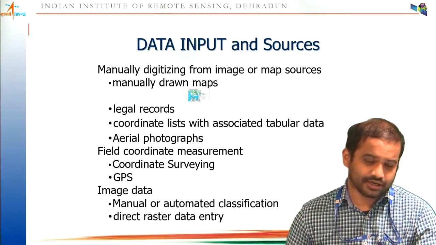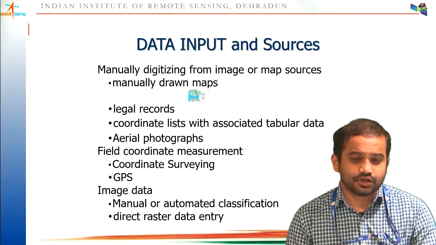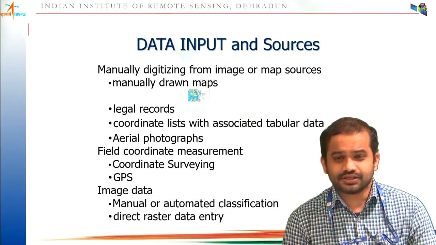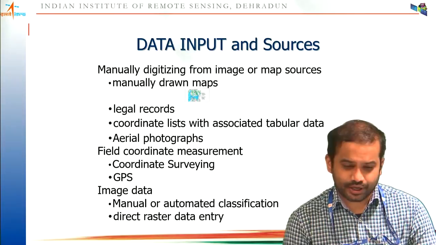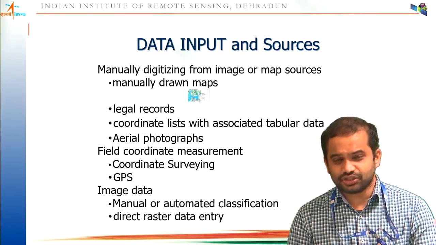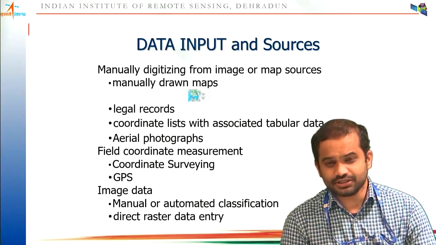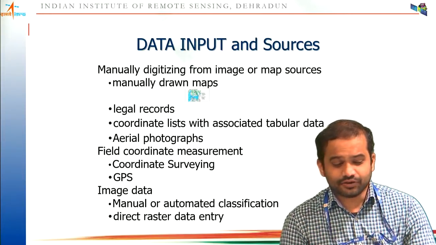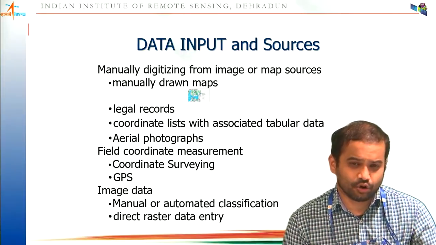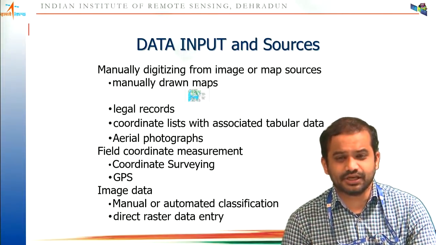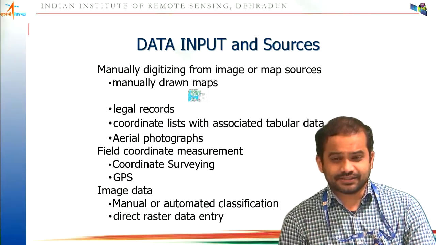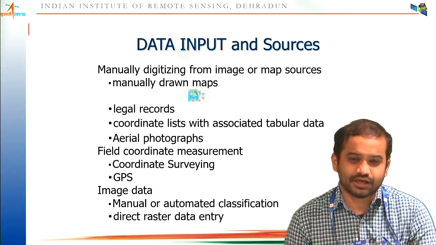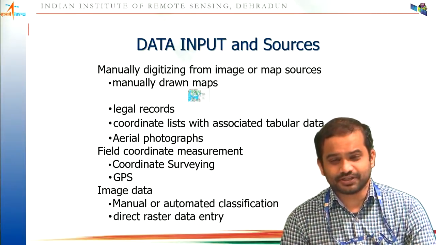Mostly in supervised classification, what you do is choose some pixels for each class and then feed that into the computer. The computer will calculate, based on the samples you have provided for each class, the typical signature of each class, and the algorithm will run over the whole image and automatically classify each pixel into one of the given classes. And once the classification is done, then you can import it into GIS for further processing.